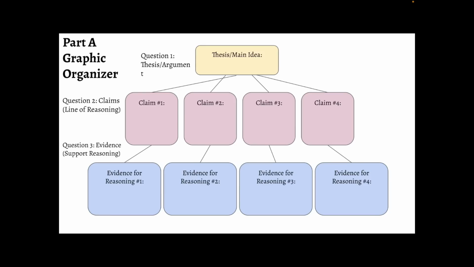So part A, graphic organizer. You want to think of the thesis, main idea, that's question 1. And then question 2, the claims, line of reasoning. There should be 4, maybe there's 5, only there's about 4. And then question 3, evidence. Question 3 is also the same format, where it's in 4 to 5